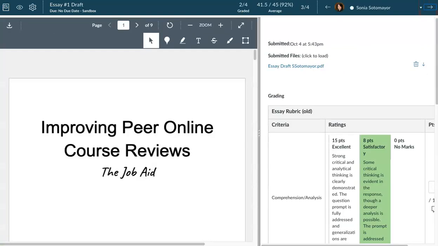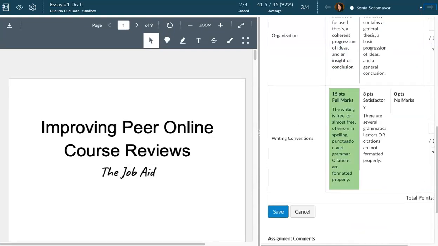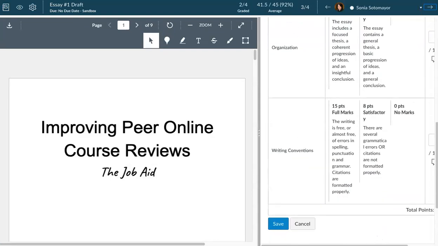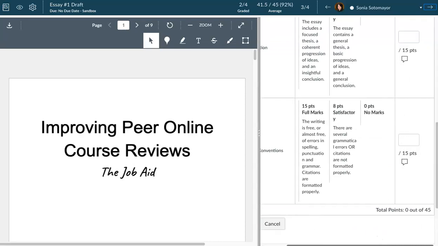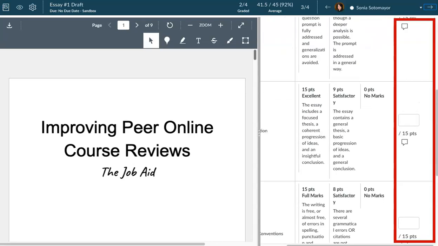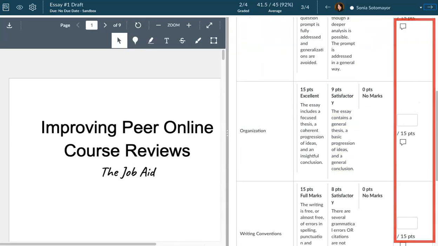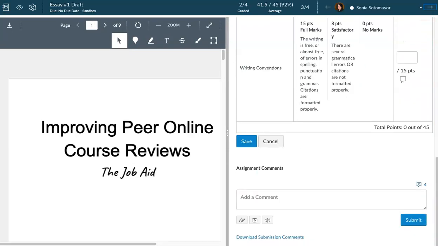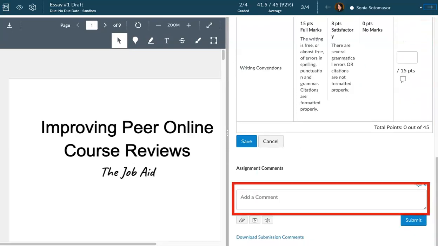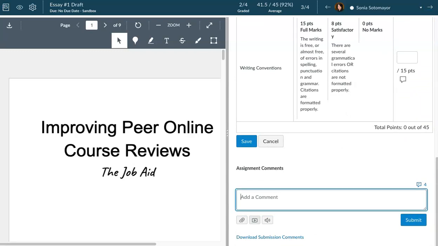You can complete the assessment using the rubric, which will automatically total it for you. In the rubric tool, you also have the ability to put individual comments related to that particular criteria. And then as well, down at the bottom, you have general assignment comments. Canvas even lets you add attachments. Let's say you want to show a student an example of that particular assignment or some other reason you want to attach something. And you can even record your feedback using your camera's microphone or webcam.